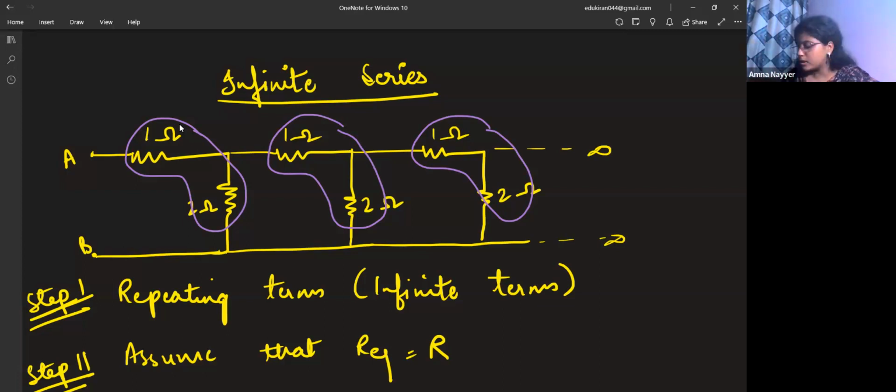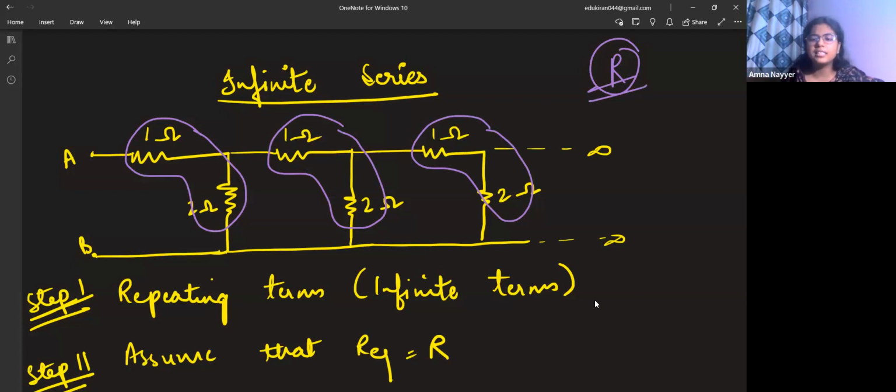See, suppose I have solved it and my final answer is R. This is the final answer to this entire question. N number of resistors are added, repeating terms are infinite. My final answer that I am getting is R, right? Now see, if infinite resistors have been combined and given the value as R, if I just add one single more repeating term, just one more set,